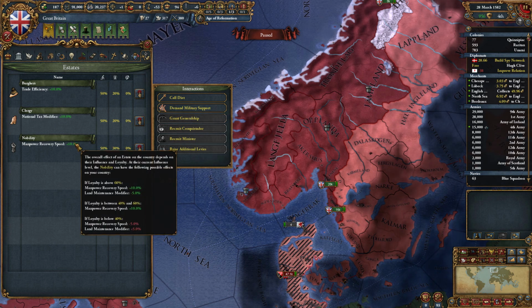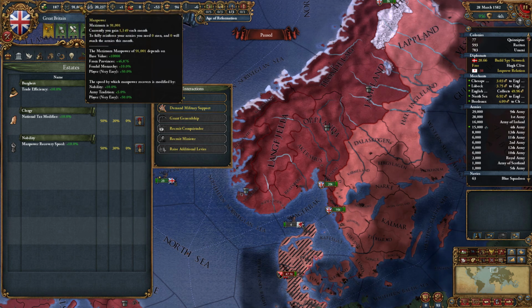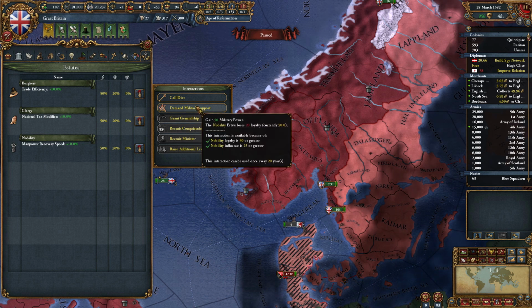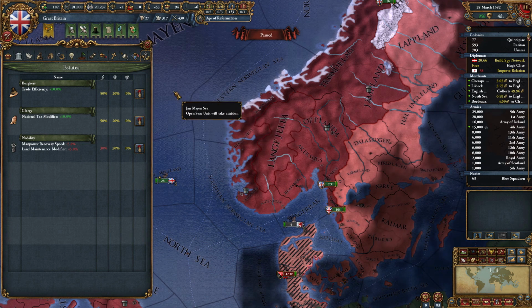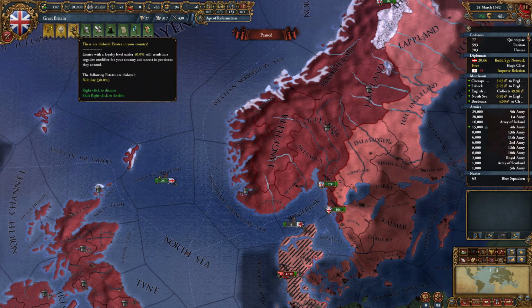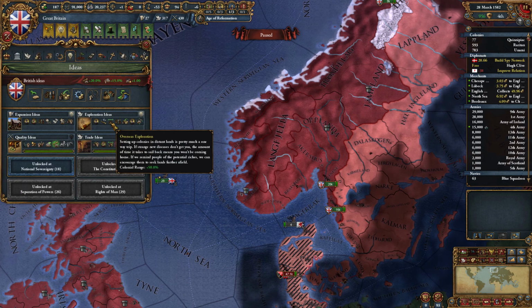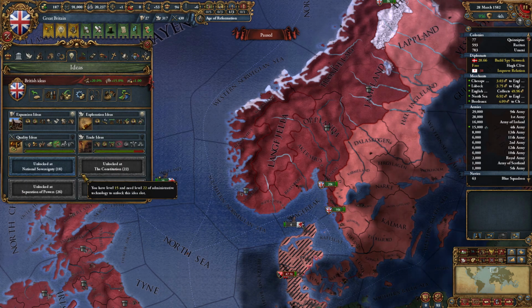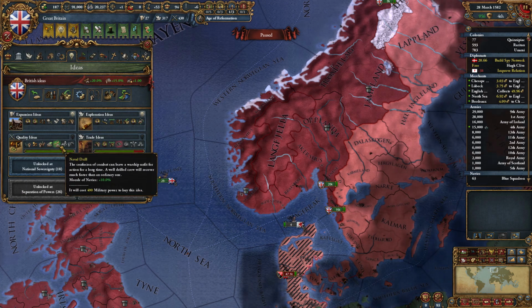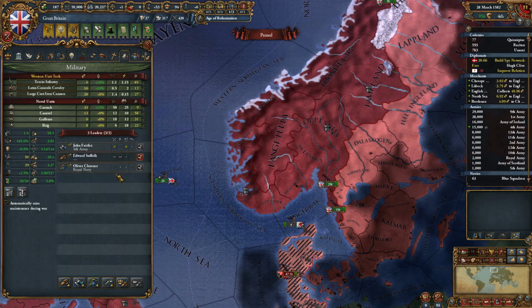We won't recover manpower as quickly. But you know what? We don't need manpower recovery. We've got 91,000 troops. Let's click that button. 50 military power. Thank you very much. Disloyal estates, and they should continue to tick up, if I remember correctly. We can also invest in an idea, but I don't want to do that. I want to spend those 50 points to get a brand new...